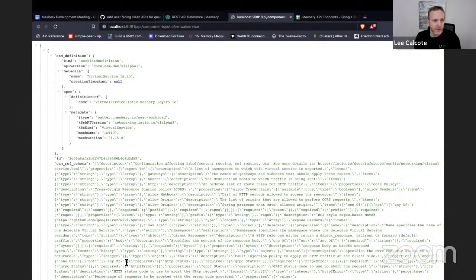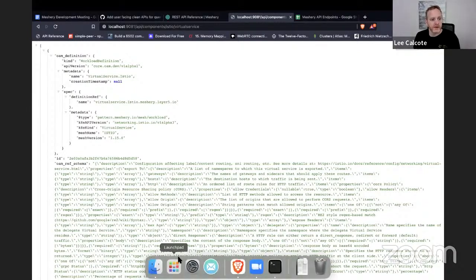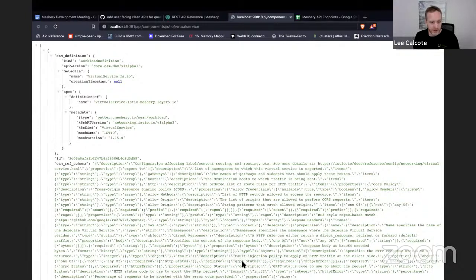That's why it's called the capabilities registry: some of the things registered are components, like the Istio virtual service represented here. Some of the capabilities that need to be registered would not be components, they would be capabilities, like the ability to provision Istio, as an example.